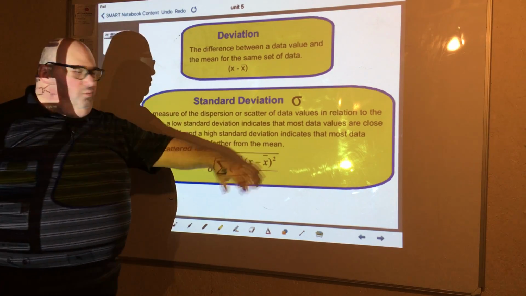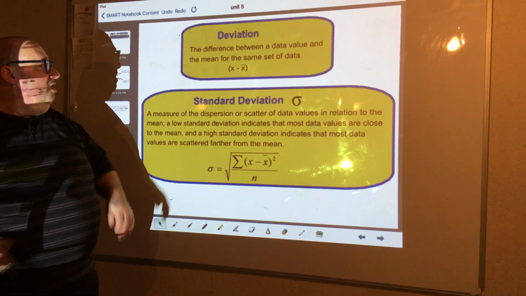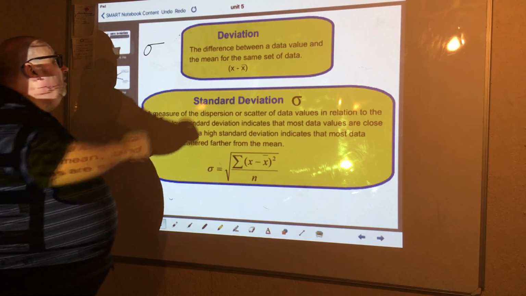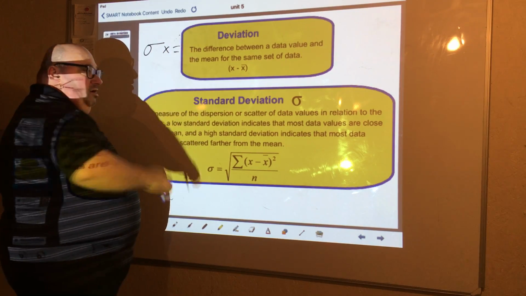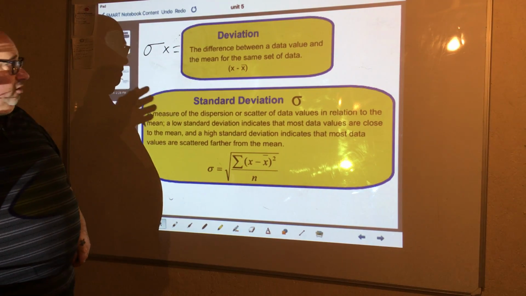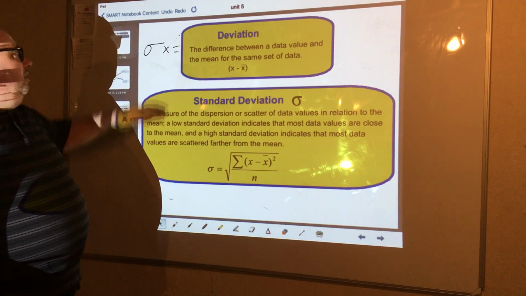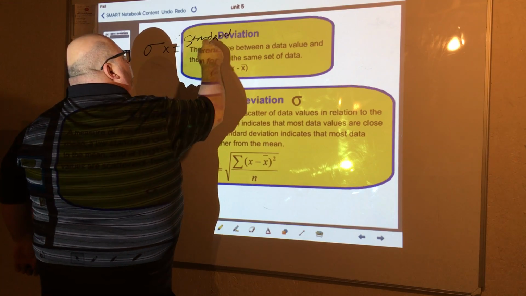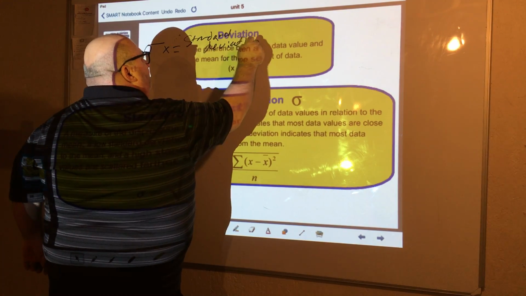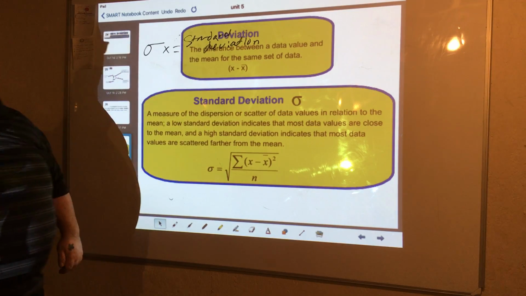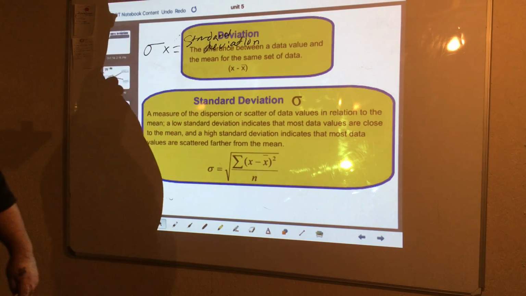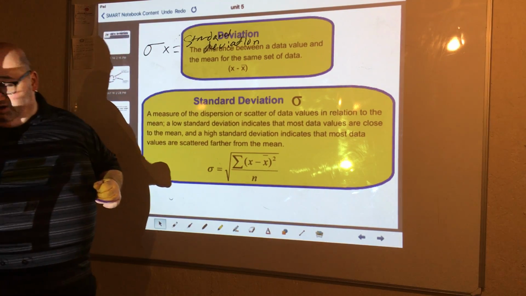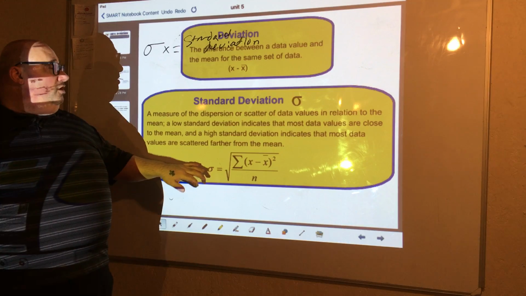So we have this really weird looking formula here, and we have this symbol, which we also had in our variable stats calculations on our calculator. This is the symbol for standard deviation. We'll talk about standard deviation a little bit more when we look at normal distribution. So there is a formula for finding standard deviation. It is equal to the